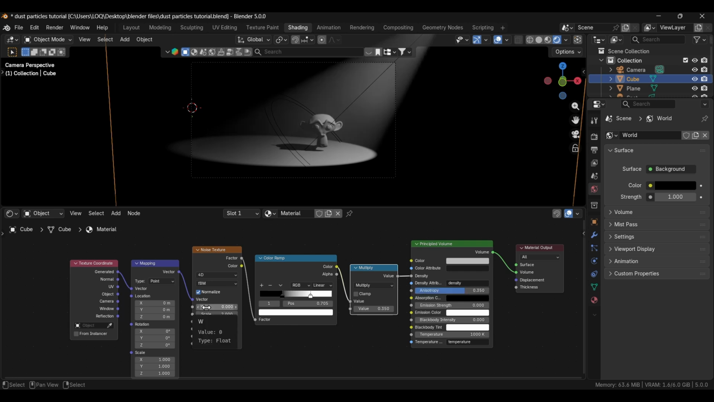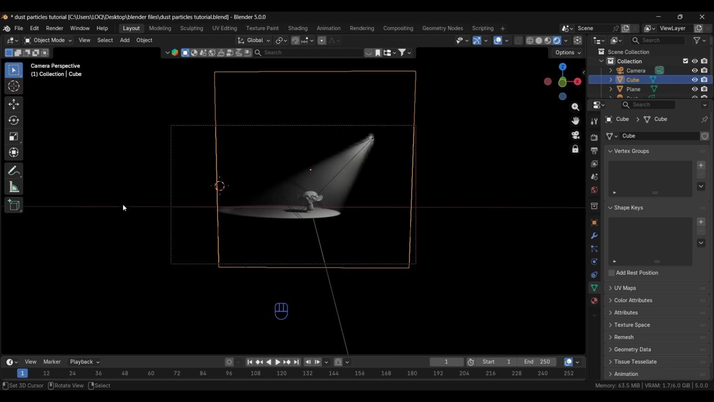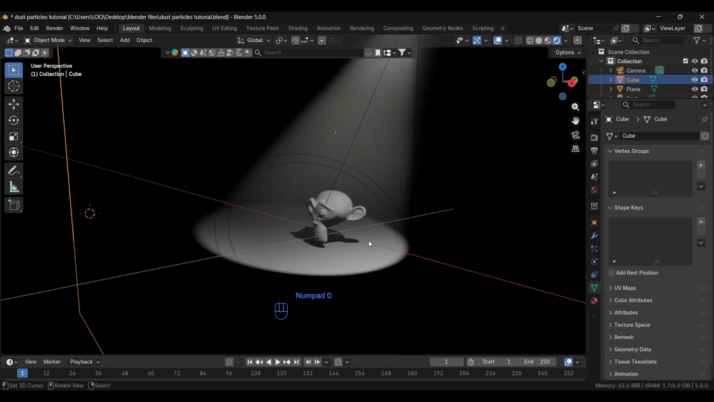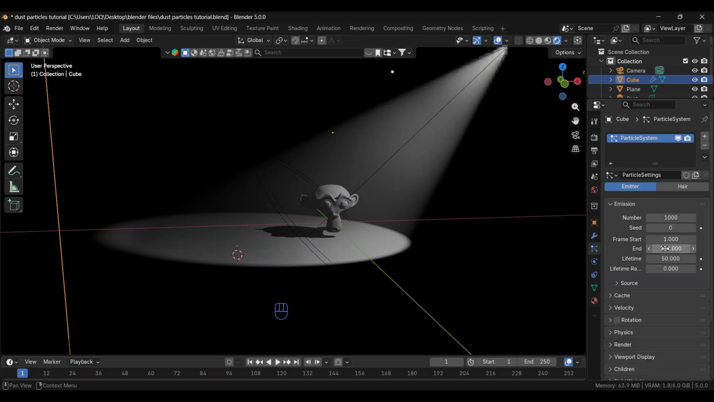Now we'll add a driver to this value, this W value. So we'll type hash frame divided by 200. Okay, so we'll go back to the layout, and here with this box selected, we'll go to the particle system. We'll add a new particle system, and